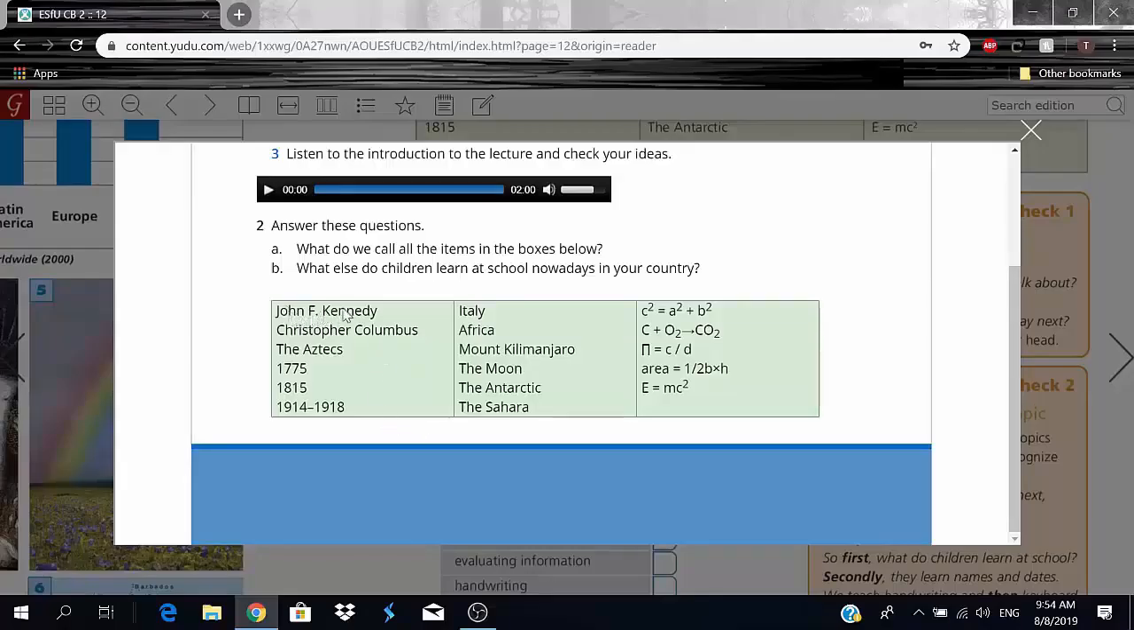So in the first box here we have John F. Kennedy and Christopher Columbus, the Aztecs, and some dates here. So in the first box, we're obviously talking about the subject history, okay? And in the second subject, we have different country names. So Italy, Africa, Mount Kilimanjaro, obviously that's a mountain, the moon. So geography, you guys. And finally, in the last box, we have equations for different